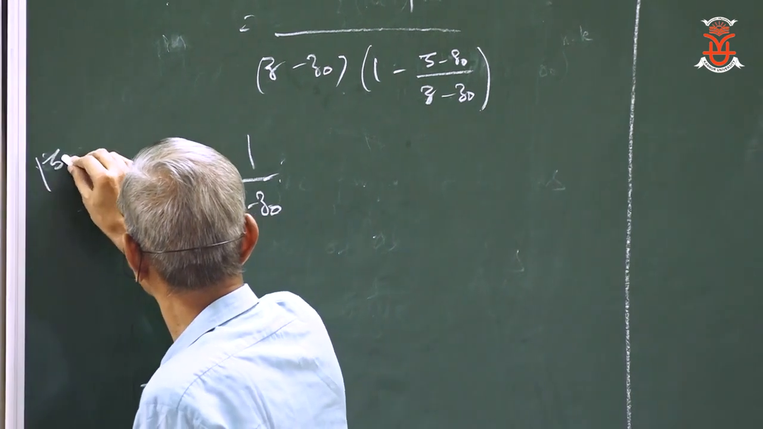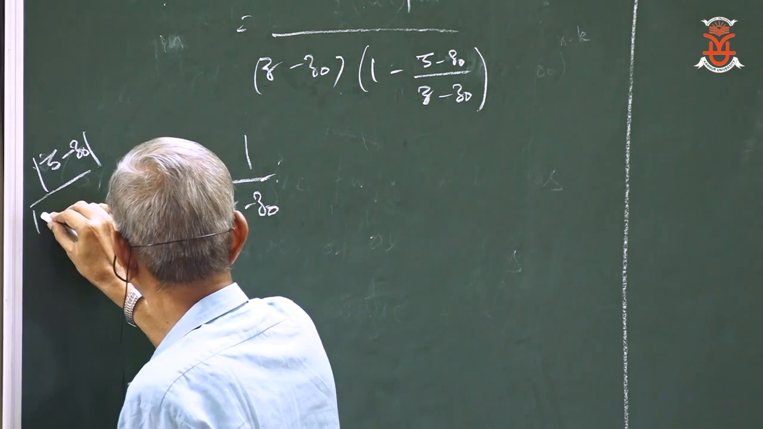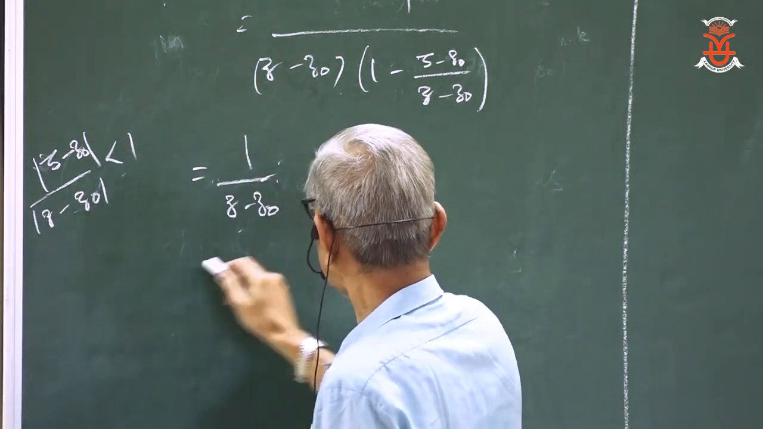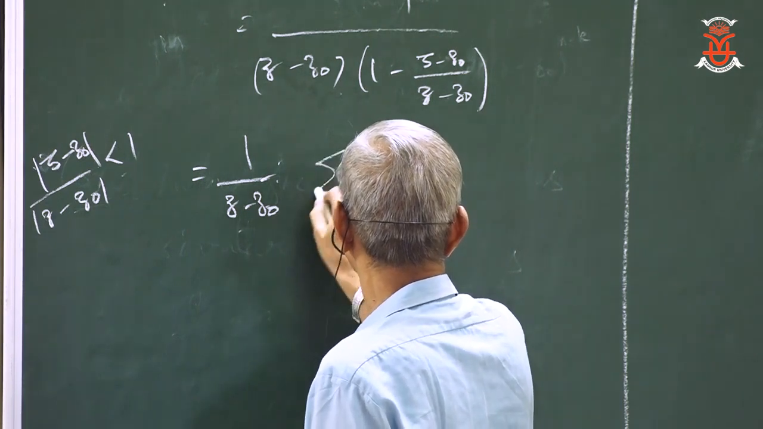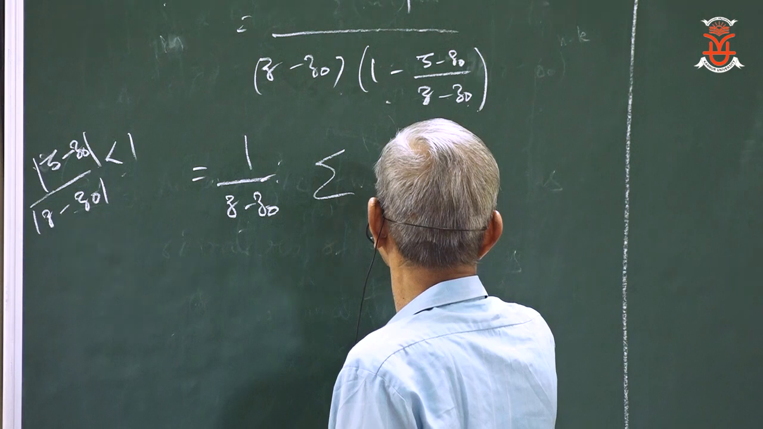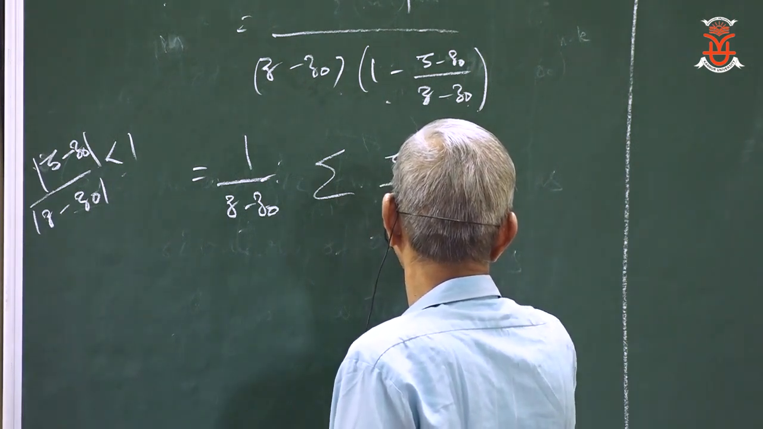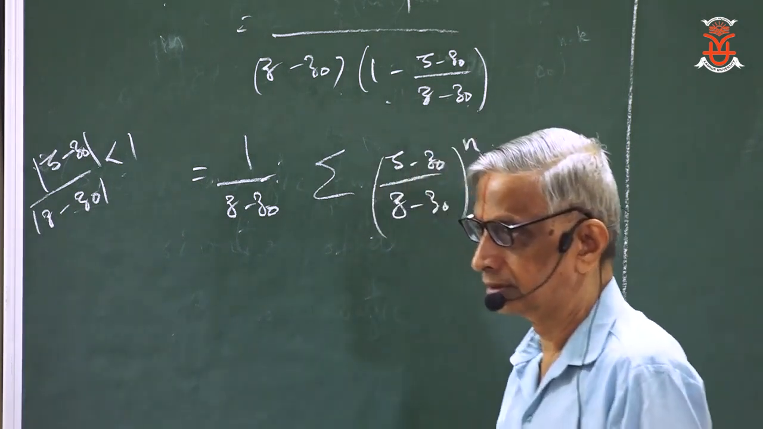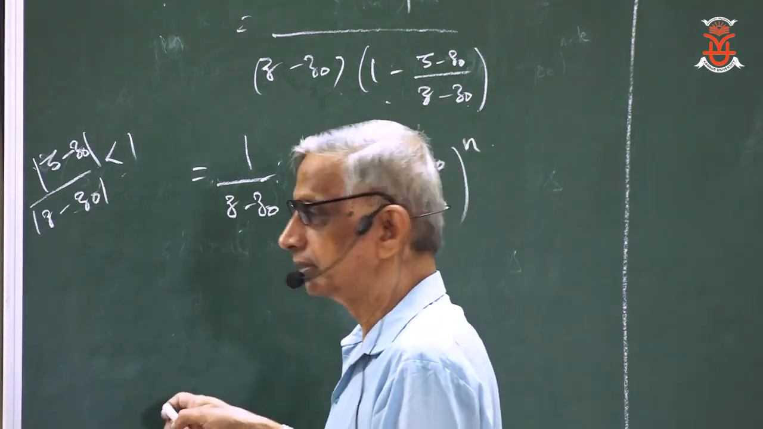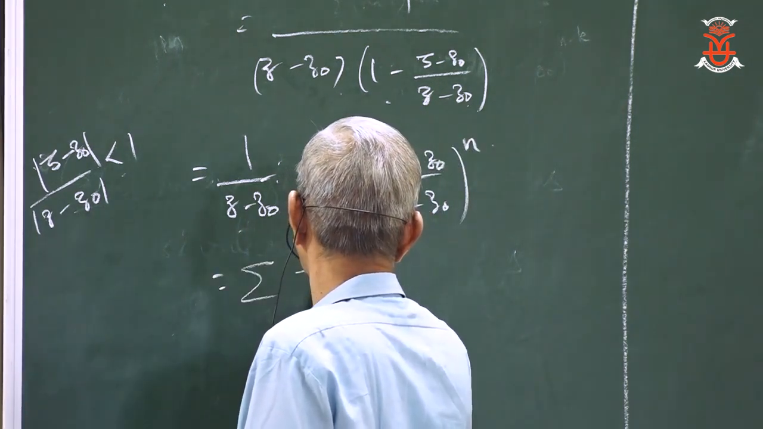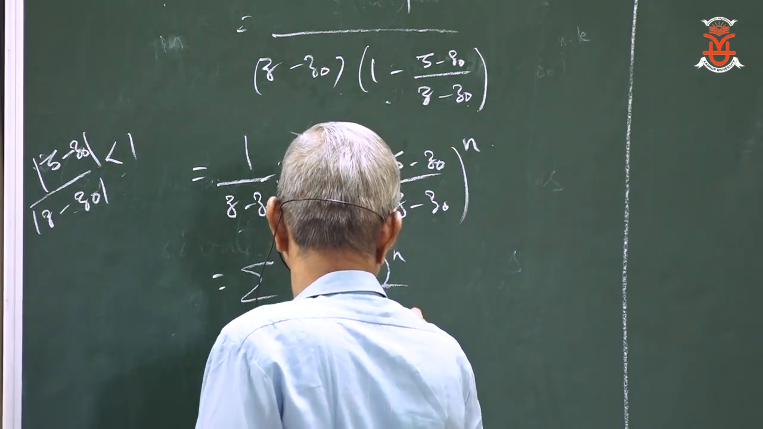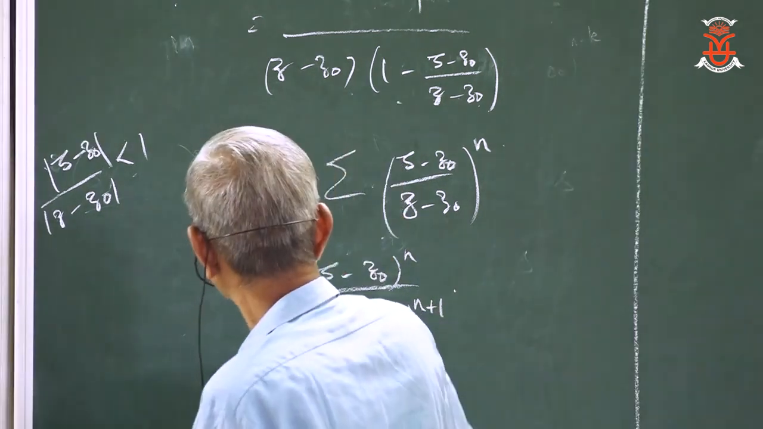So this has modulus less than 1. So you get this expansion for this, namely... right? Of course, if you bring in f inside if you want, so this is going to be the series being